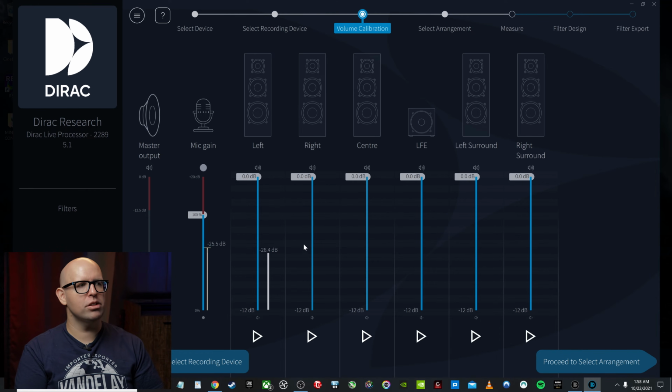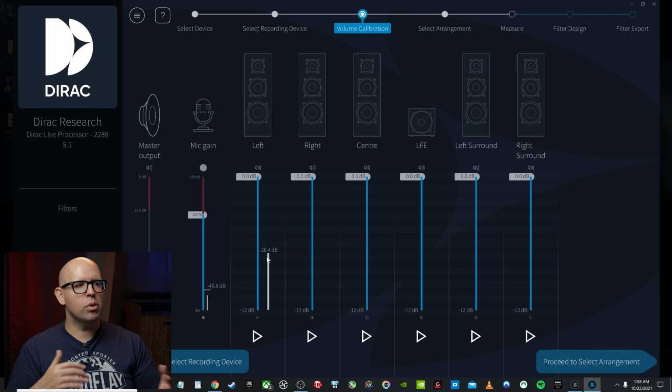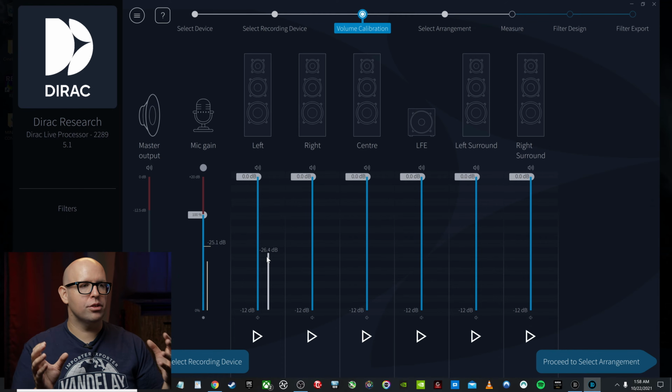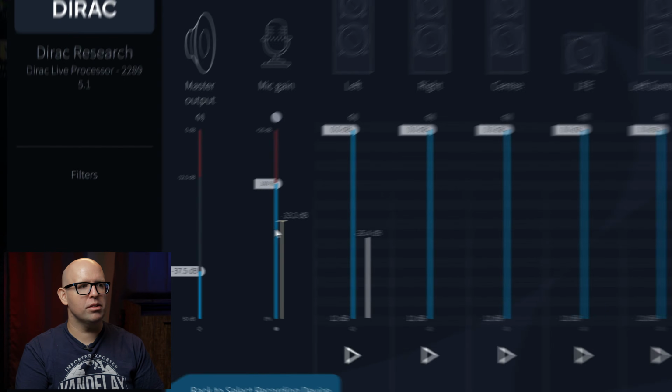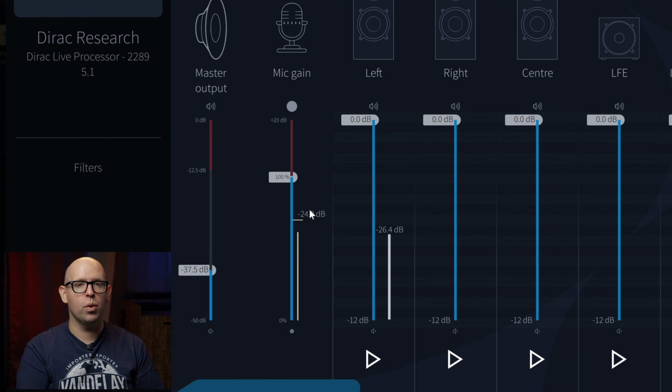What it's really meant to do is provide Dirac enough volume when it goes to do the measurements, where it's not too loud where it's clipping and it's not too low where it can't really detect anything. And I'll show you examples of that in a moment. We want the volume to be loud enough for the measurements that Dirac is doing to be audible to the microphone, in that sweet spot. And for me, that sweet spot is normally around -25 to -20 dB.